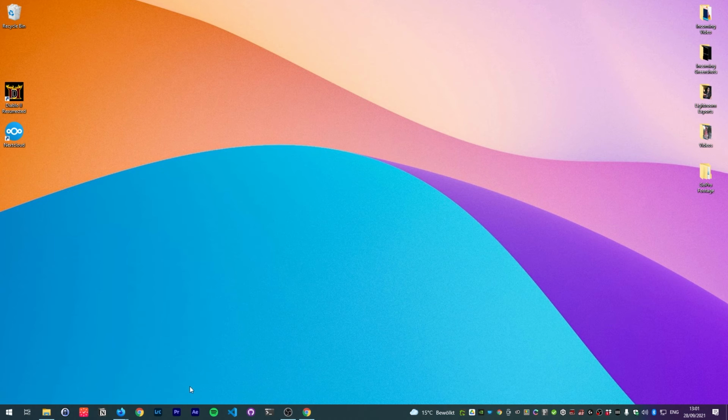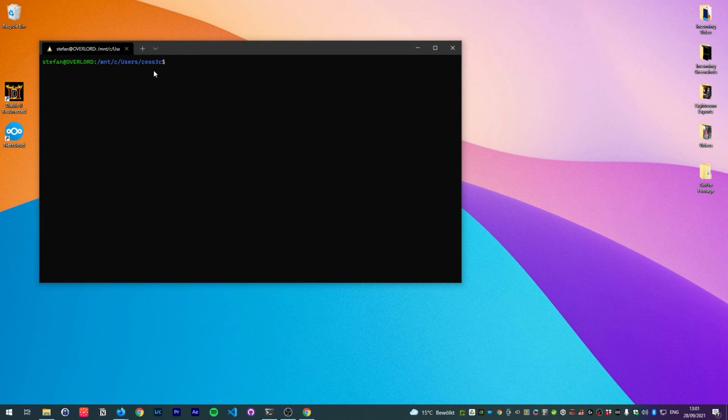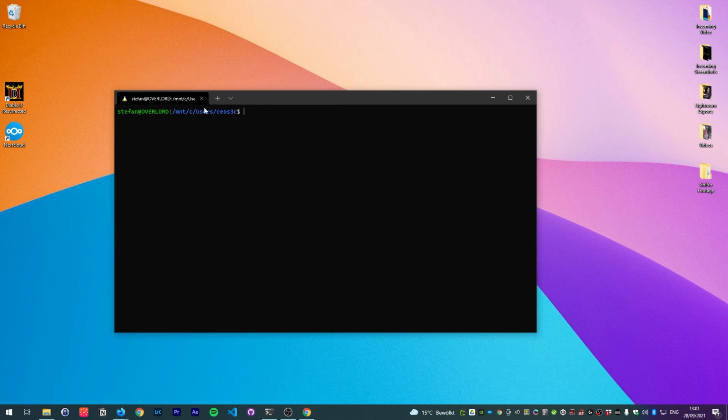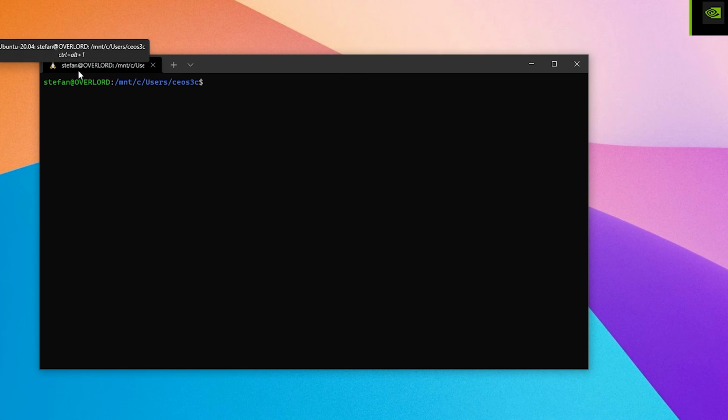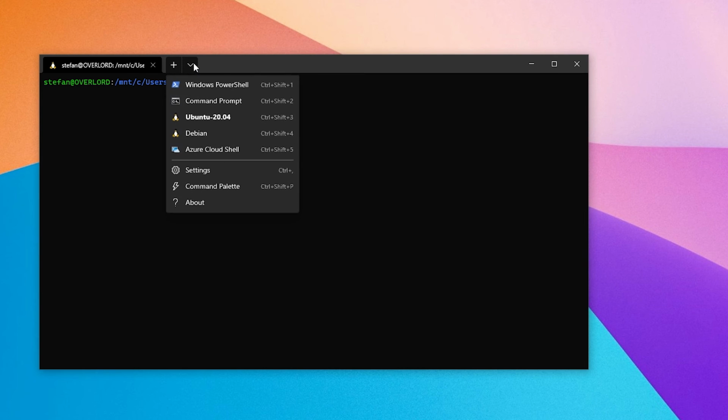And yeah, the next thing is we're just gonna open Windows Terminal. You probably have that open. And as you can see, I immediately end up inside of my Ubuntu, whereas you will probably end up somewhere in PowerShell. This is exactly what we're gonna fix next. So the thing is, you can go here on this little arrow,